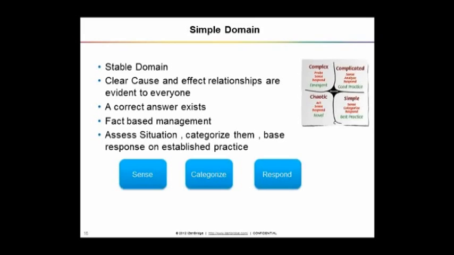Okay, if this is the category, you have predefined steps. If this category is coming, this is how you need to respond. If category B is coming, this is how you have to respond. Think like a help desk system where they have defined a way of handling things, and on the basis of the input request, they can categorize it and respond to it. If you are working in that stable environment, you are in a simple domain.